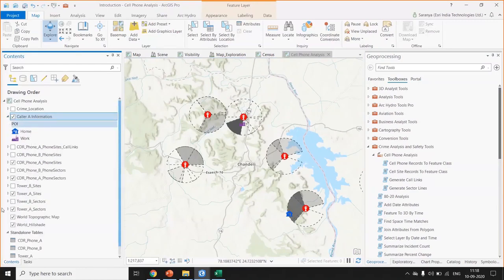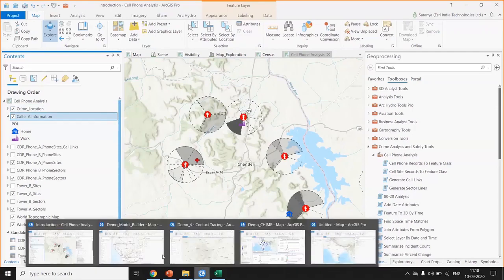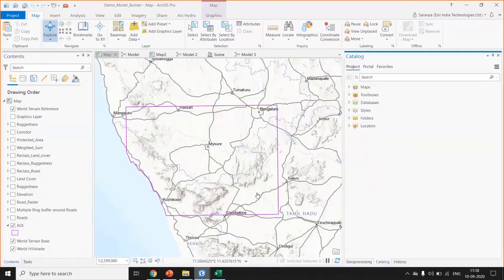Similarly, if we want to understand why there were unusual activities in other locations which were not his home or workplace, we can try to find out if that location is very close to a crime location. This type of simple analysis will give you a much better understanding of a particular person's behavior just by using their cell phone records. Now let us move to another aspect of our analysis, which is model builder.